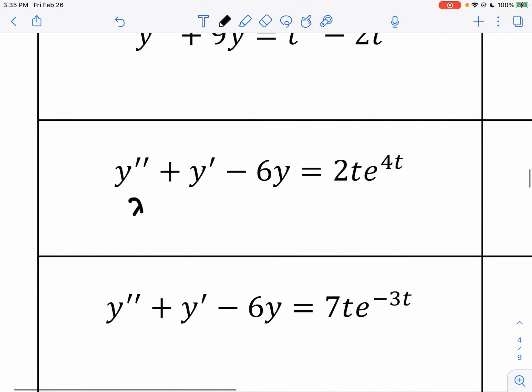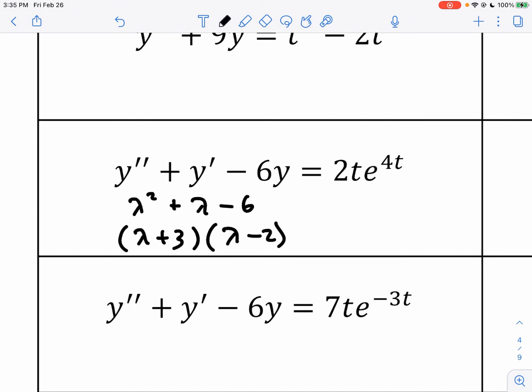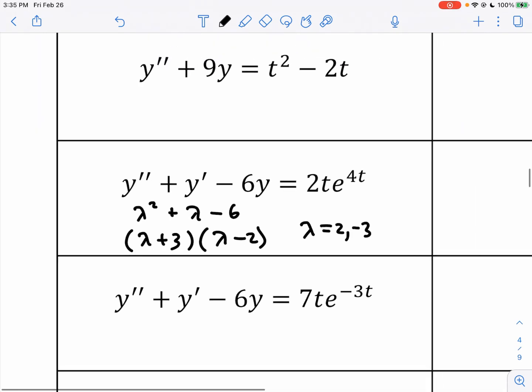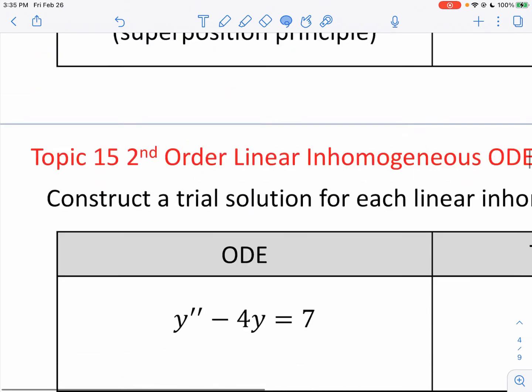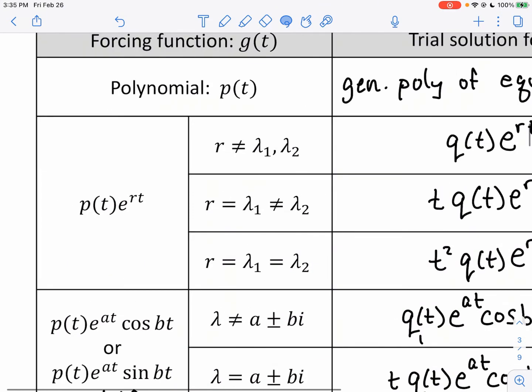The characteristic polynomial here is lambda squared plus lambda minus 6, which factors to lambda plus 3 times lambda minus 2. So we get 2 different lambdas, 2 and negative 3. They're both real and they're not repeated. Now we look at the r, that's in the exponent of our forcing function. It's a 4. 4 is not either one of these. Right, so if we look back at our table, we're in this category, because the 4, which is our r, was not equal to either of our